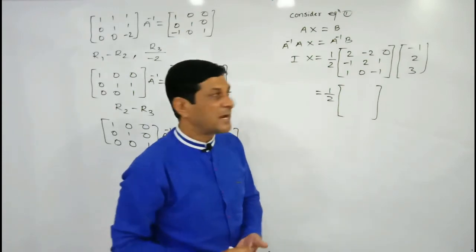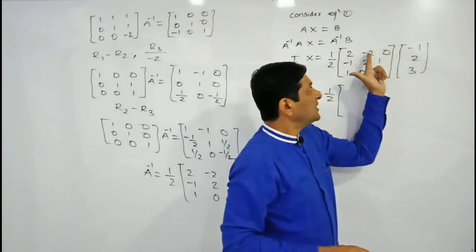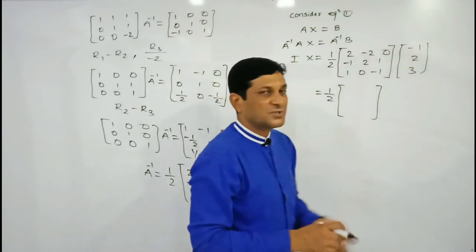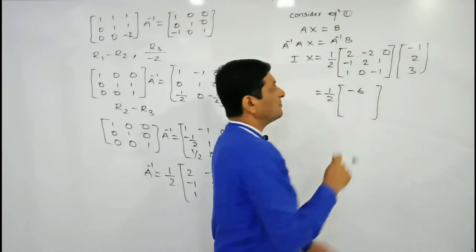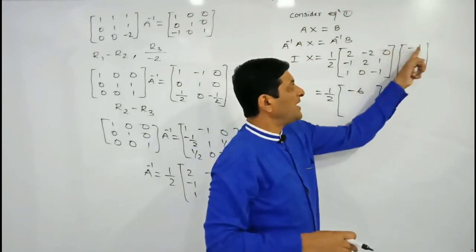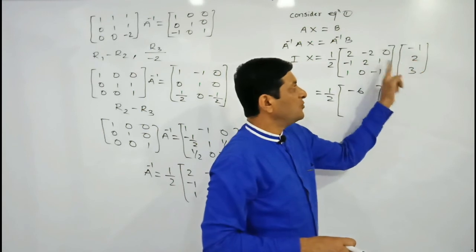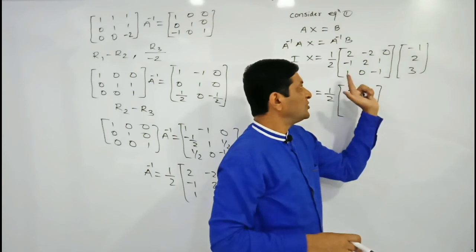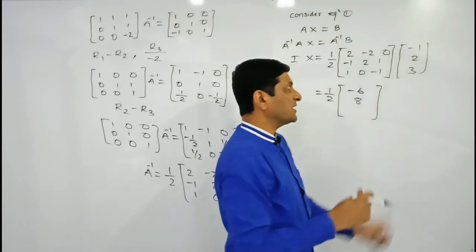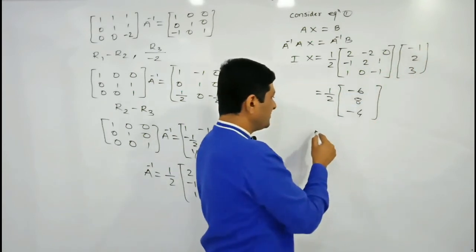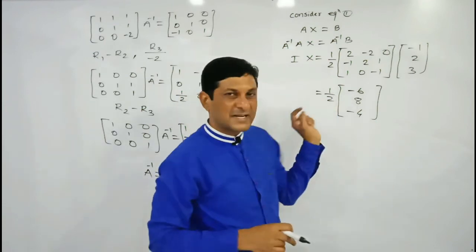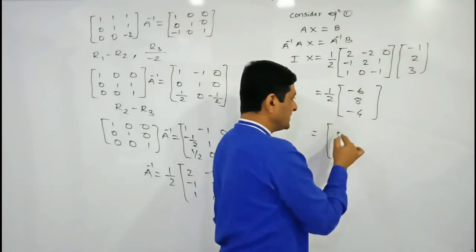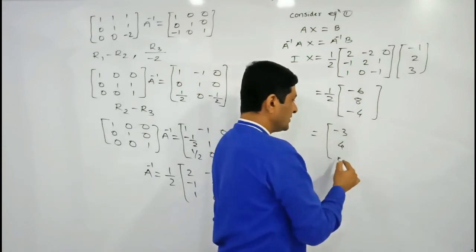Observe the calculation part. Here this product is minus 2. Again this product is minus 4 and 0. Minus 2 minus 4, 0 will be equal to minus 6. Multiply second row by this column 1 plus 4, 5. 5 plus 3 will be equal to 8. Lastly, multiply third row by this column minus 1, 0, minus 3 means minus 4. So here we can observe that all the elements of this matrix are divisible by 2. So if I am dividing all the elements by 2, what will we get? Minus 3, 4, minus 2.